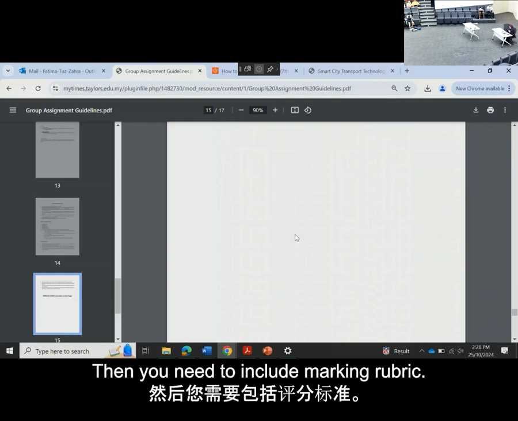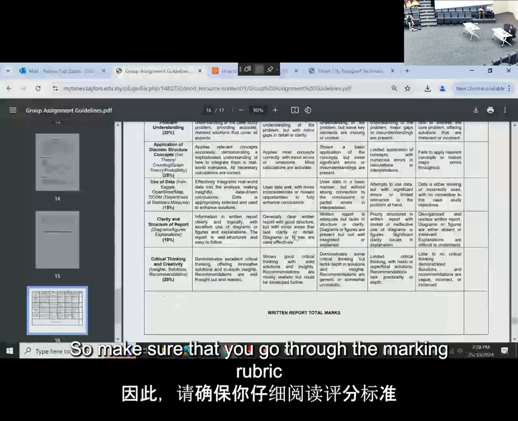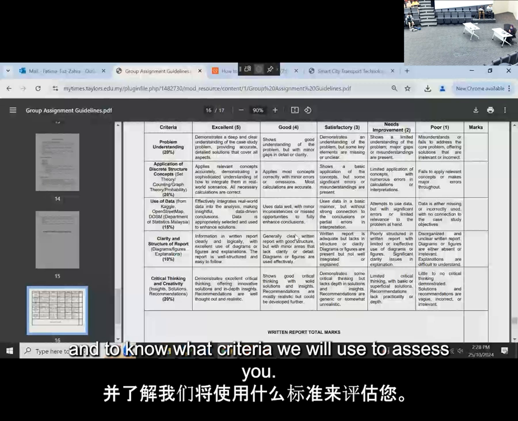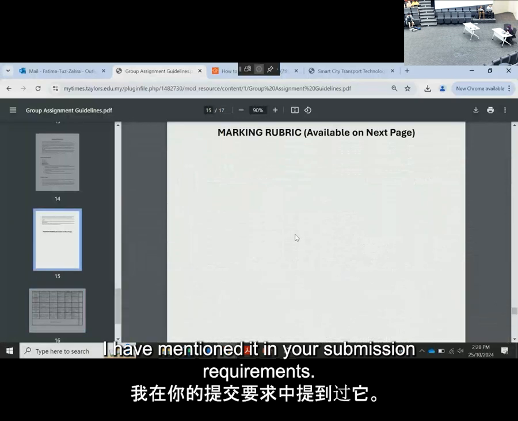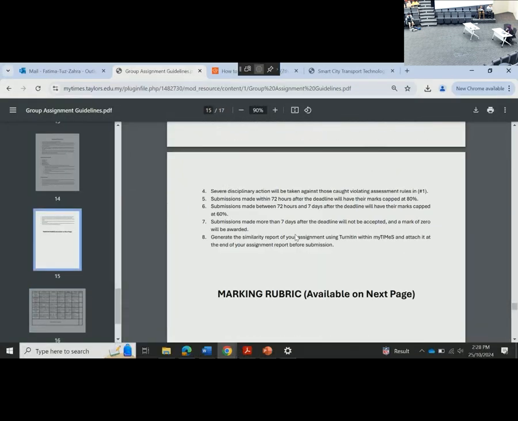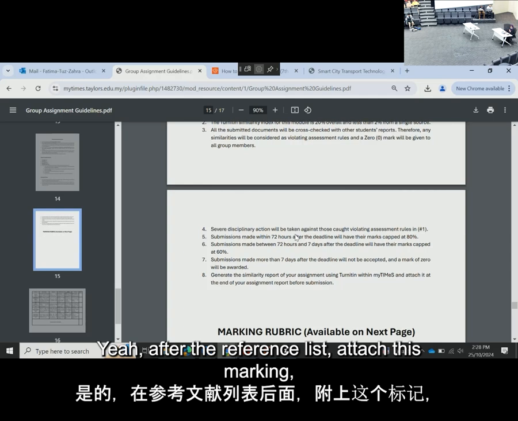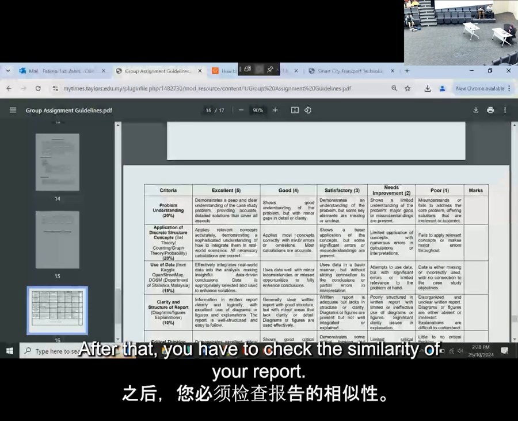Then you need to include the marking rubric. The marking rubric is provided to you, so make sure that you go through the marking rubric to write down your report properly, and to know what criteria we will use to assess you. So copy and paste this marking rubric also after your reference list, I have mentioned it in your submission requirements. After the reference list, paste this marking rubric. After that, you have to